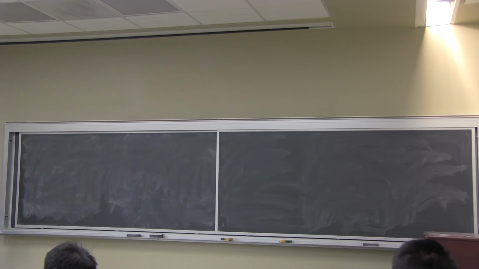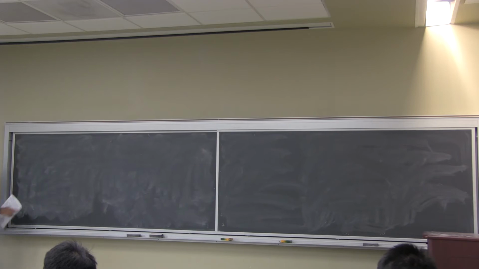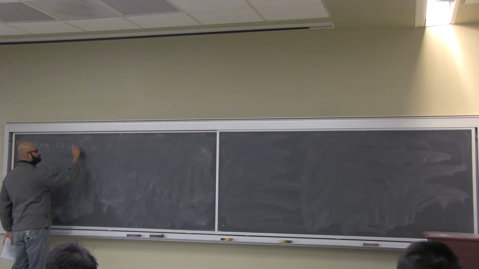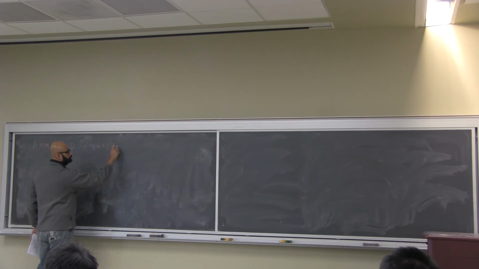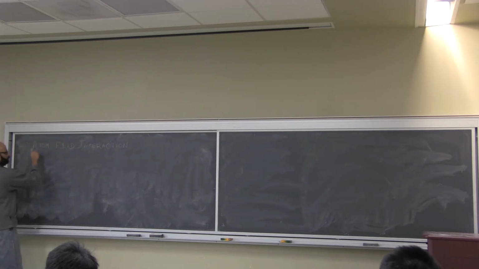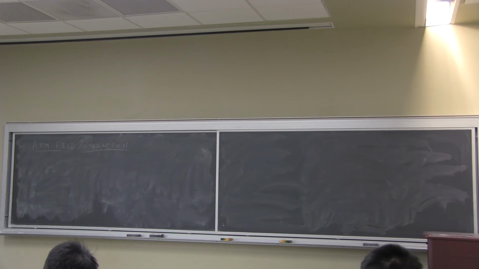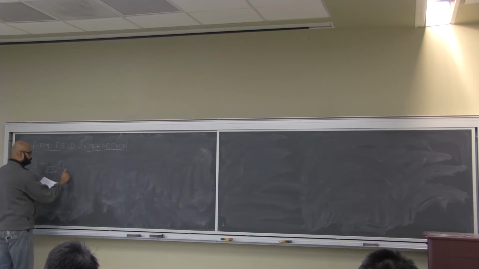In the last class, we were looking at the atom-field interaction. Specifically, we were trying to show that the correct Hamiltonian for an atom interacting with a field is one that we can rewrite in a gauge transformation. To remind you, we started with this Hamiltonian,